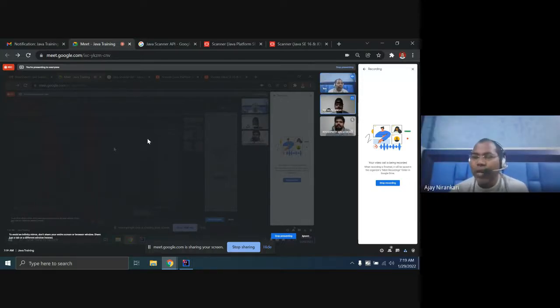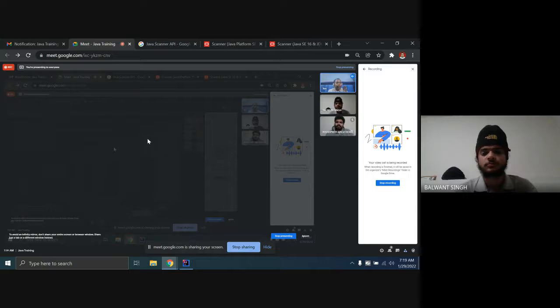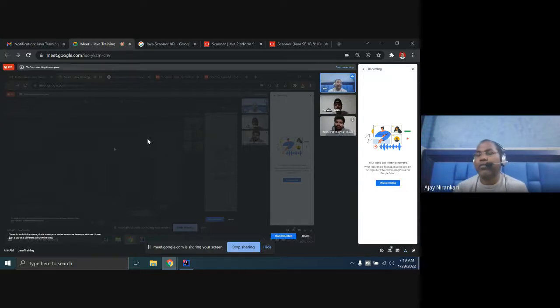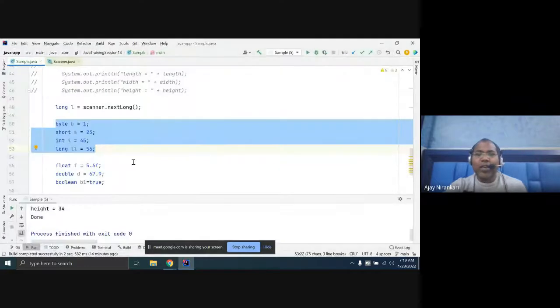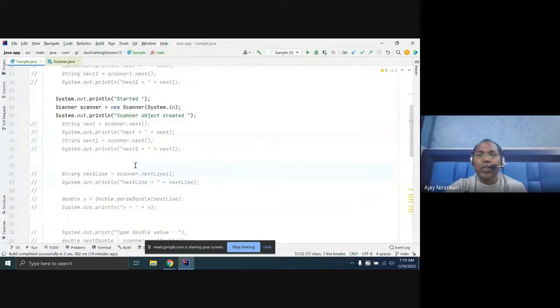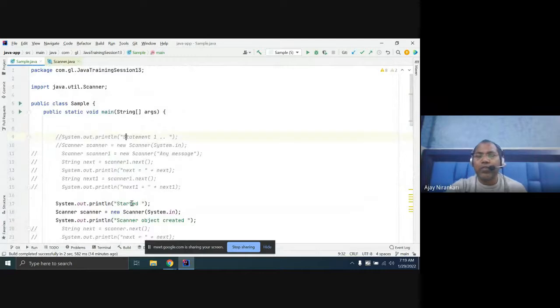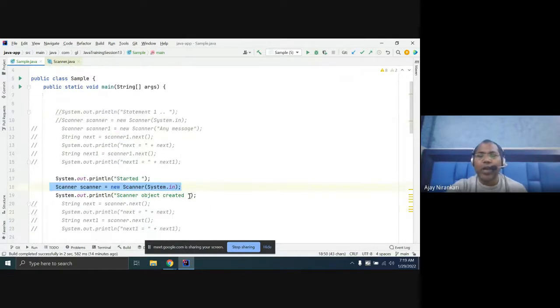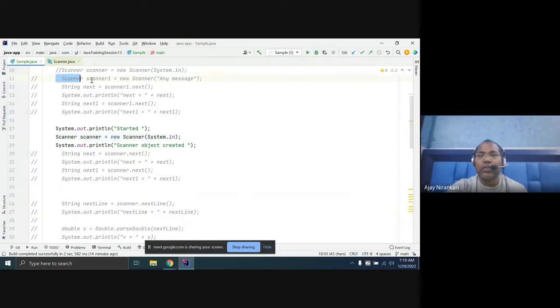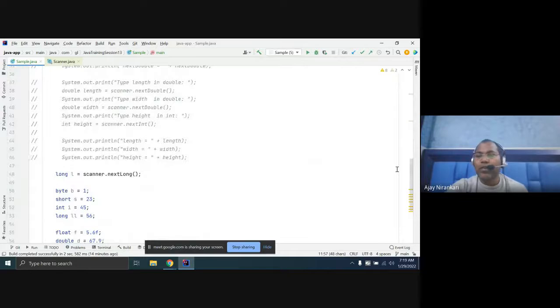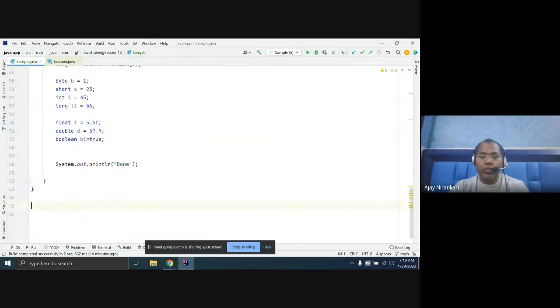Any programming language is not magic. They have predefined behavior: what this method does, what this function does, what this can do. You cannot achieve more than that. Let us take an example. Initially we are using the Scanner class. The Scanner class provides different constructors, so you can create an object in this way or in a different way. Similarly, let us assume that instead of the Scanner class, you write your own class, say MyScanner.